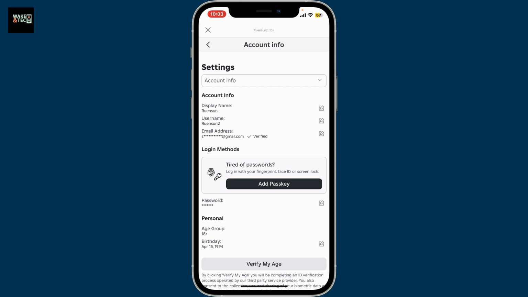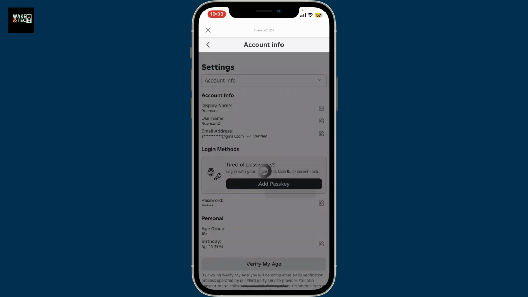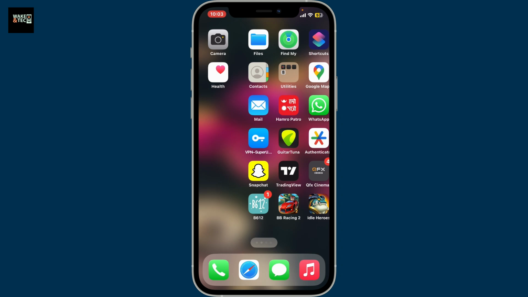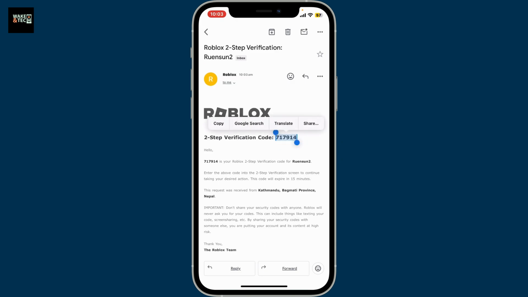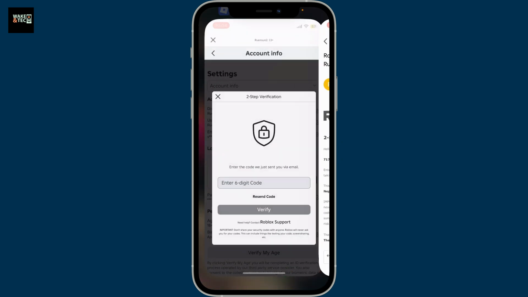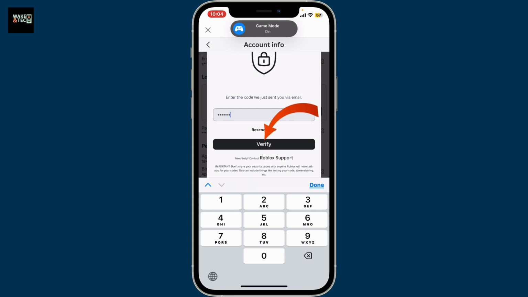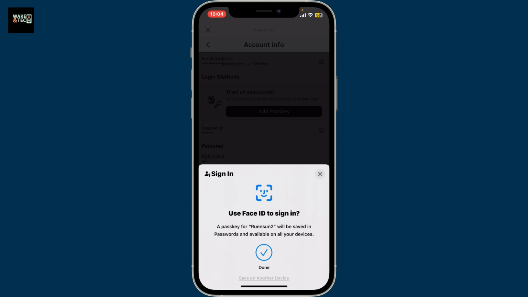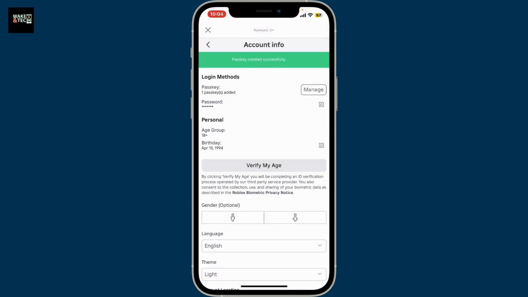If you see it, tap on Add Passkey and click Continue. Now, enter the code that you have just received via email from your email inbox. After you open up the email, copy the code inside it and type it down in the Roblox app and click Verify. Now click the Continue button, scan your Face ID or your fingerprint according to your device's setting, and